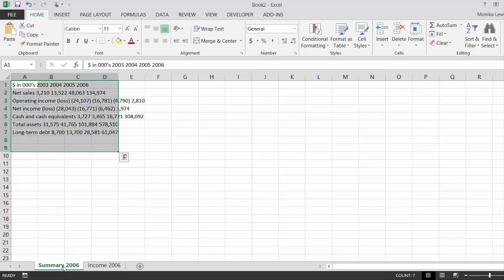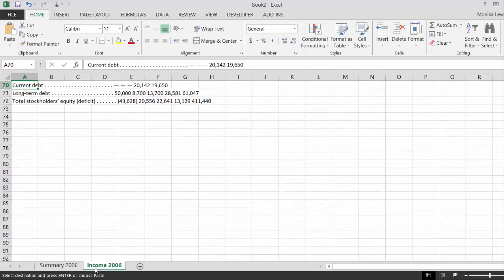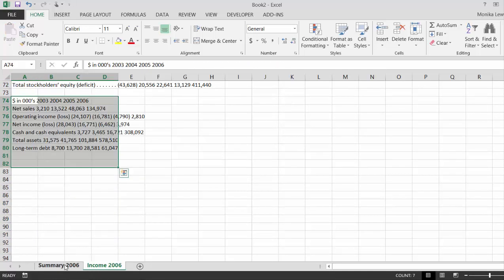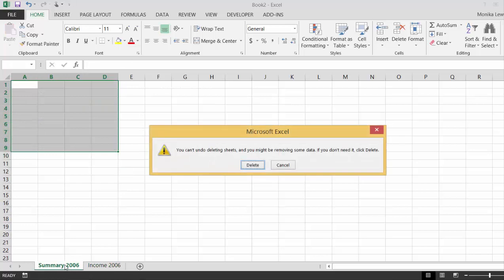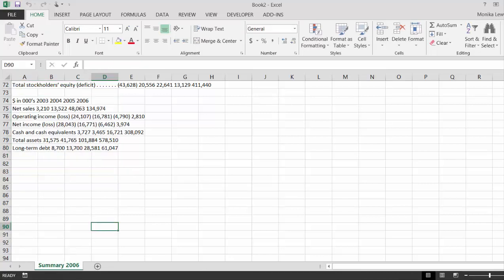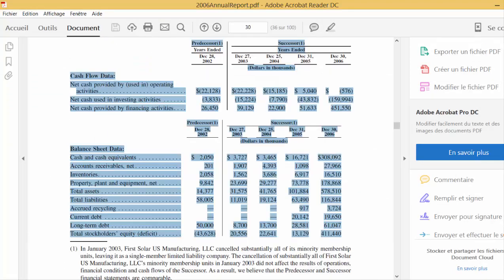Okay. Oops. You know, I'm taking a lot more time than I wanted to for this. Alt E L to delete the sheet. Okay, so now, after we get the summary, we can start collecting a whole bunch of